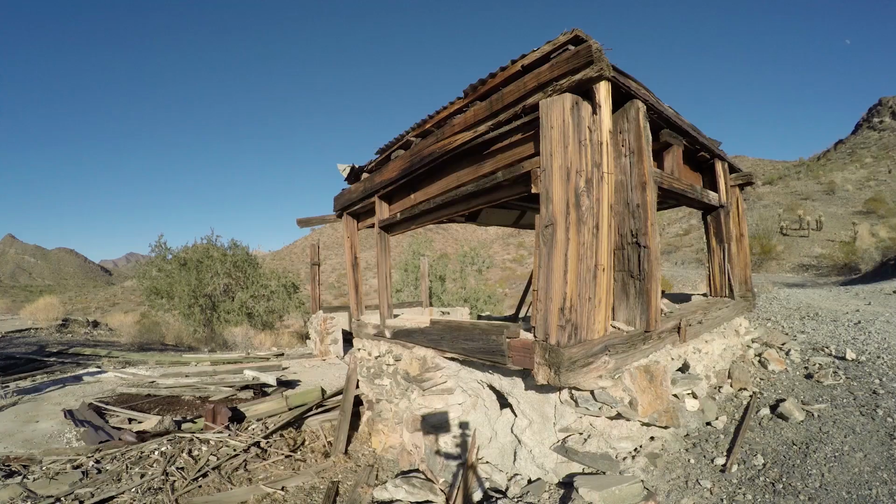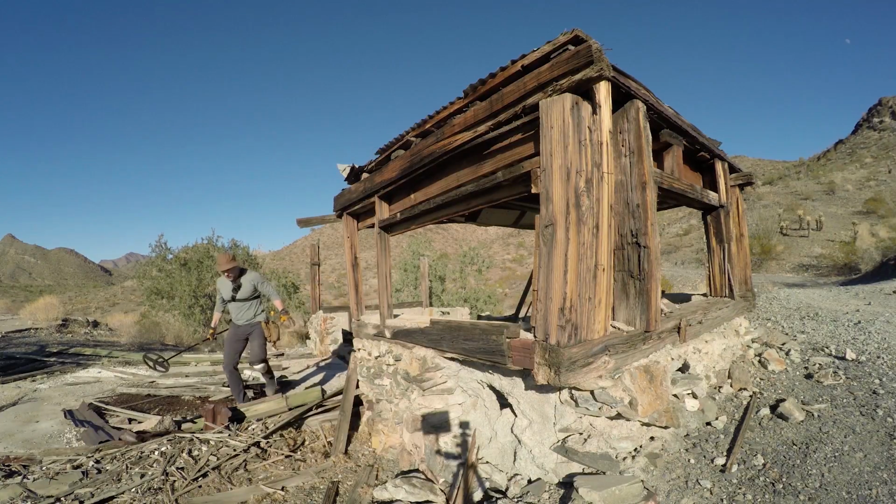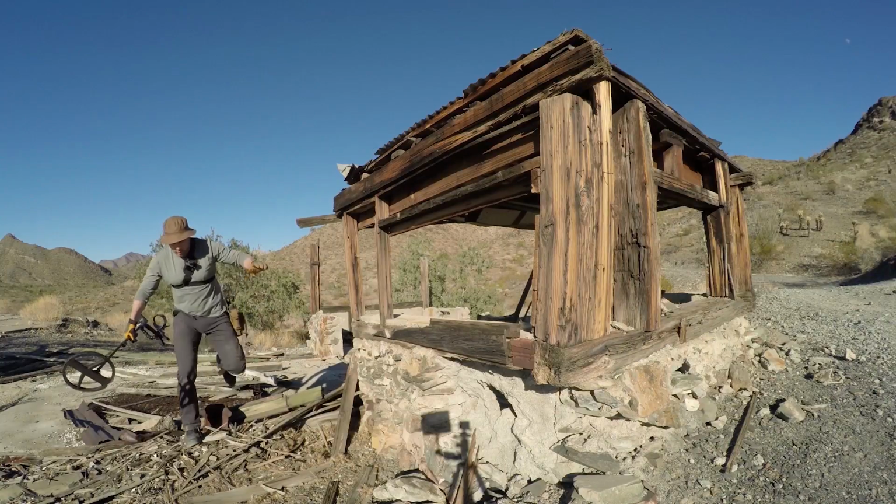but I wanted to document this particular point in the destination to let you know it was not easy to find. All right, so I have found a structure, and this was probably built around 1900, maybe 1890. So they haven't really kept it up much, but it is a structure. And I believe the rest of the town is up that way. I'm not exactly sure 100% what this structure was,